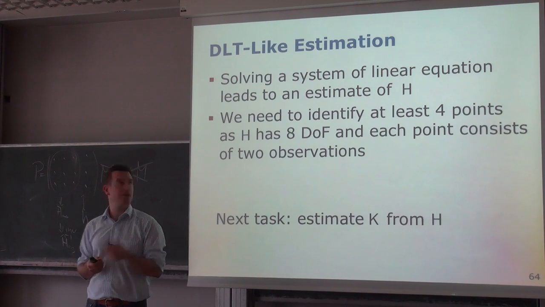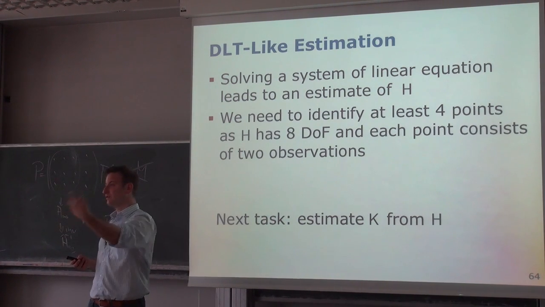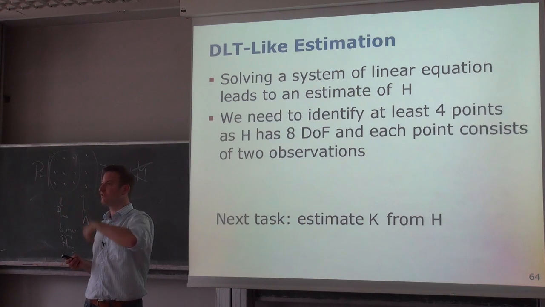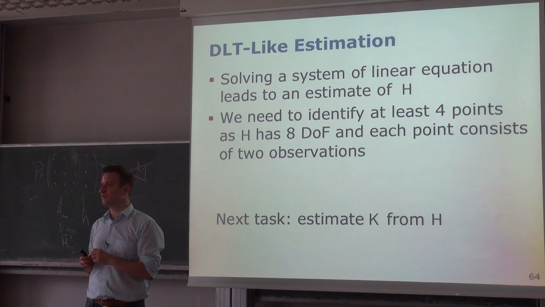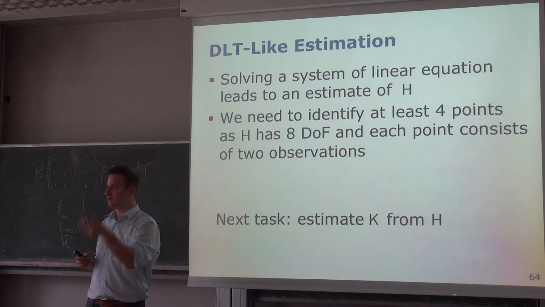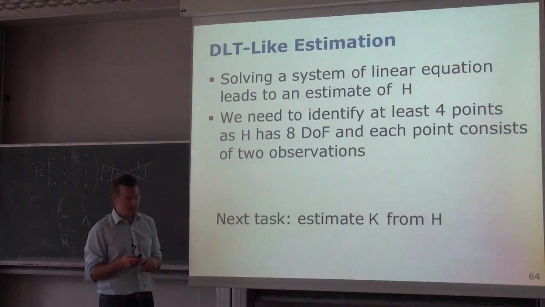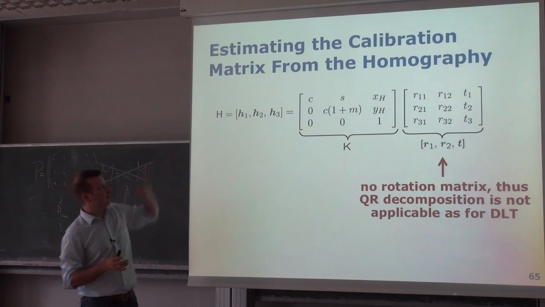Typically it's like that. In this case, we have defined our coordinate system. So 6 degrees of freedom go into the coordinate system. So 2 degrees of freedom are left that contribute to my calibration matrix. So we'll actually need, in the end, as we will see, multiple images in order to estimate all the intrinsic parameters. Okay, let's go back